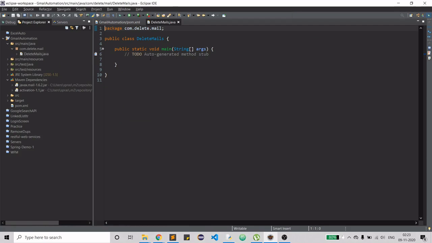After doing that, you will get this default functionality. What I need to do now is store a few things in variables which will be used throughout the program. The first one is obviously your email ID. So my email ID is,